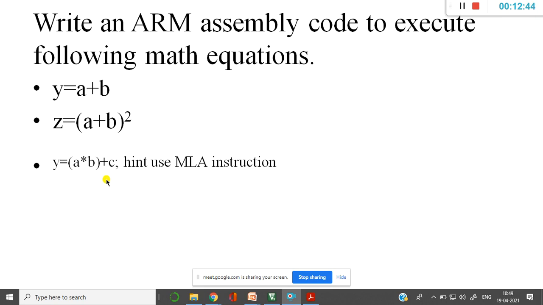So all such kinds of mathematical equations can be easily implemented using the MLA instruction. Right. Next, this is all about the multiplication instructions that are there in both ARM7 as well as Cortex M3.